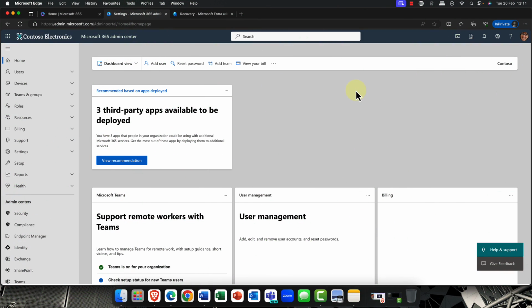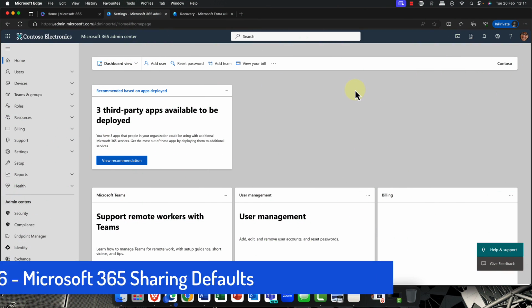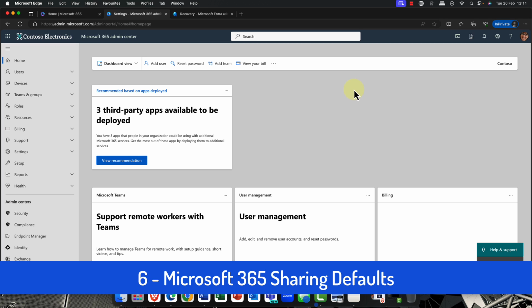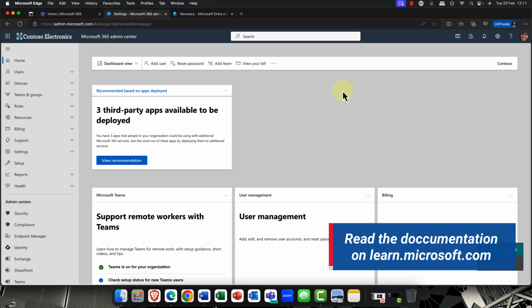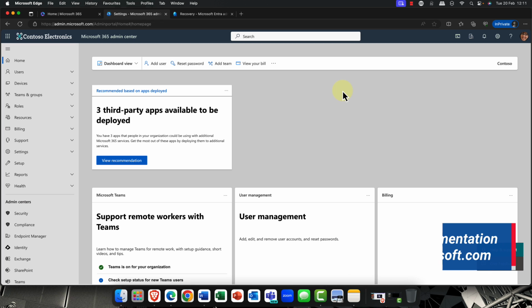So for my number 6 is probably one of the most important things that an admin can do in Microsoft 365. SharePoint sharing settings resonate through every application, from Microsoft Teams to Groups to Dynamics, in fact, everything. And you have to button this down as soon as possible.